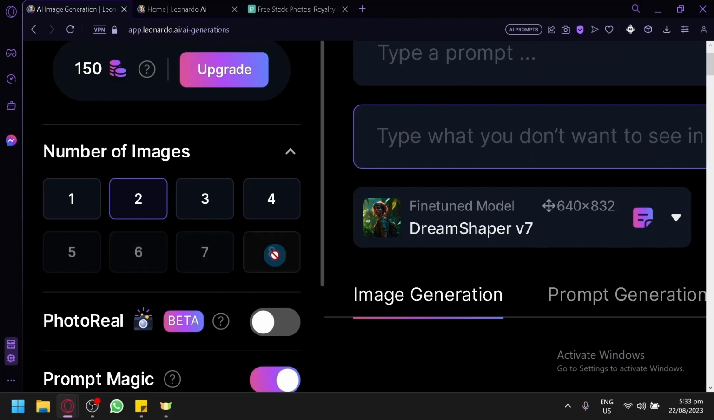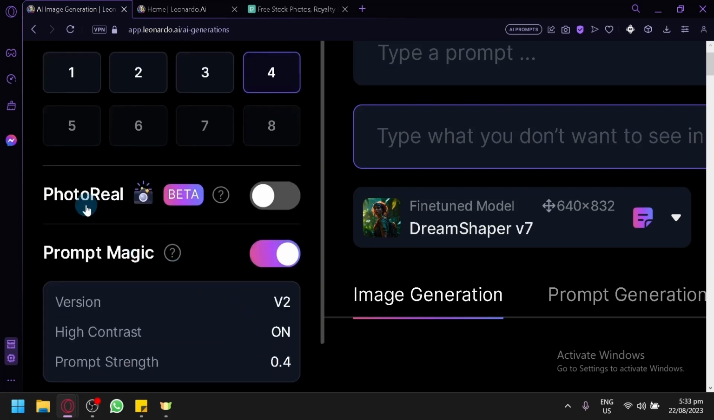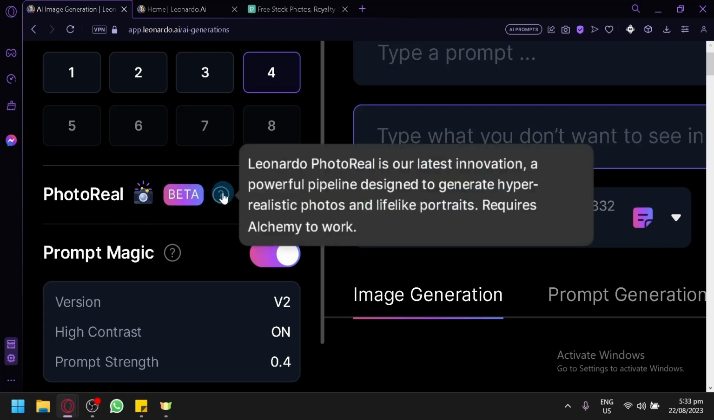But personally, I don't suggest generating 8 images at once. I suggest that you just stick with the 4 and do trial and error until you find the output that you're trying to create. Now, after that, you have photoreal and prompt magic. Right now, the photoreal is in beta, but as you can see here in the description of the specific tool, Leonardo Photoreal is our latest innovation, a powerful pipeline designed to generate hyper-realistic photos and lifelike portraits, and requires alchemy